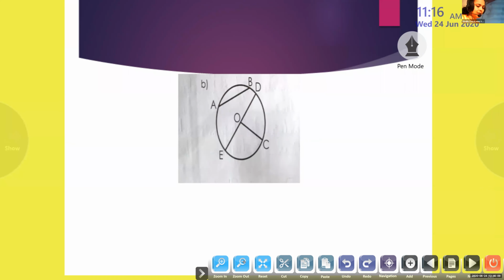What do you have to find out first? You can find out chord. Okay, we will write here chord. So we have more than one, so we will write chords. Devananda, can you say the chords from the given picture? Okay, all of those who have finished, keep it with you. I will ask one by one. Now Devananda is going to tell me the chords. ED. Very good. E, D. That's the diameter also.